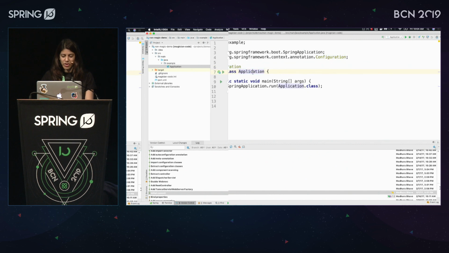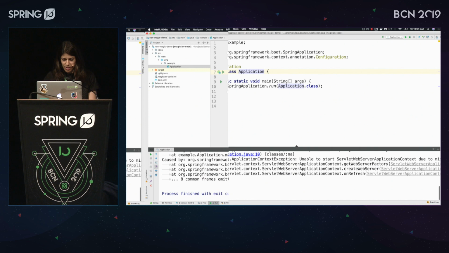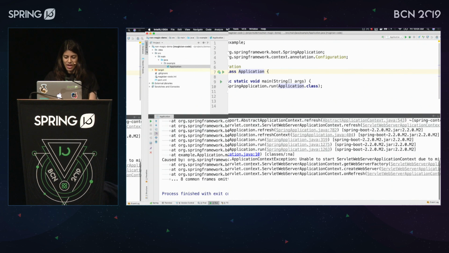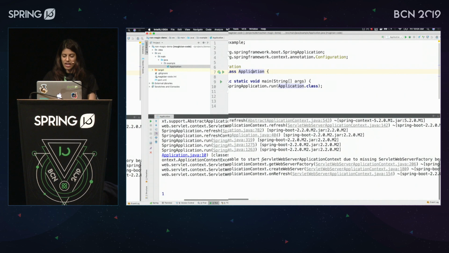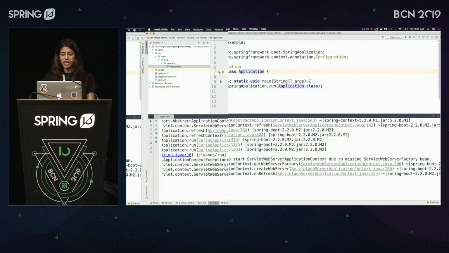So now if we run this application, it fails. And the failure is that it's unable to start a ServletWebServerApplicationContext due to missing ServletWebServerFactory bean. So before we actually go ahead and fix this failure,